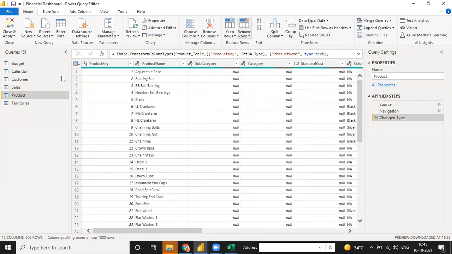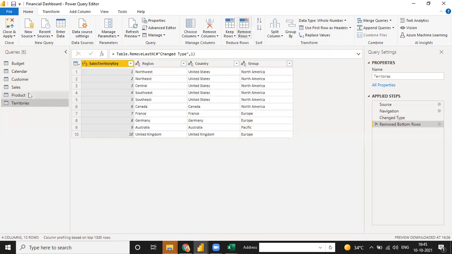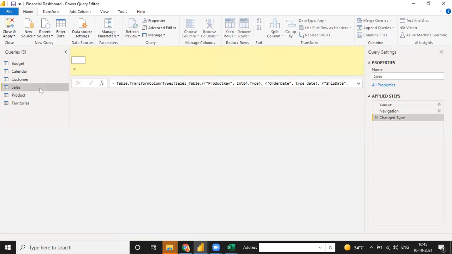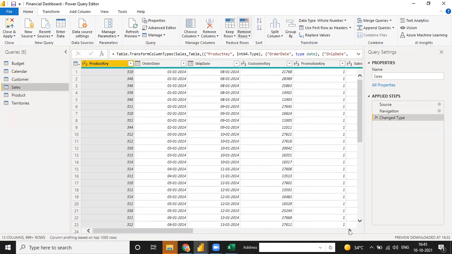See, one reason. When I click on the product table, the product key is mentioned as a number. But when I go to the sales table, if we have a product key, see, the product key is numerical. So both product keys are numerical. If we want to make a relationship between sales and the product table, we match the product key to the product key.